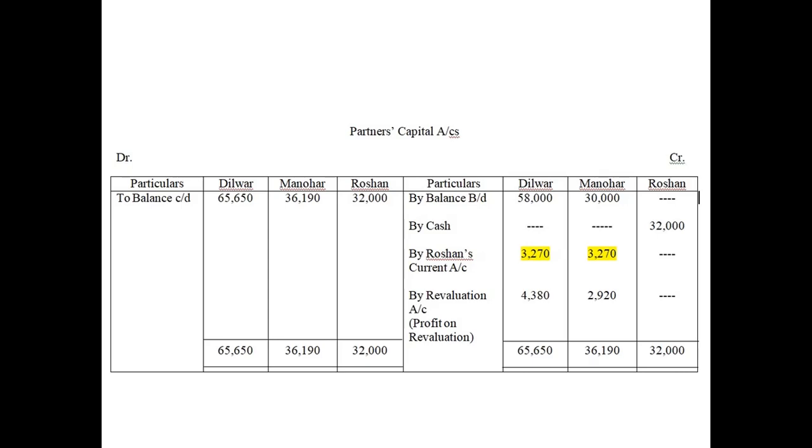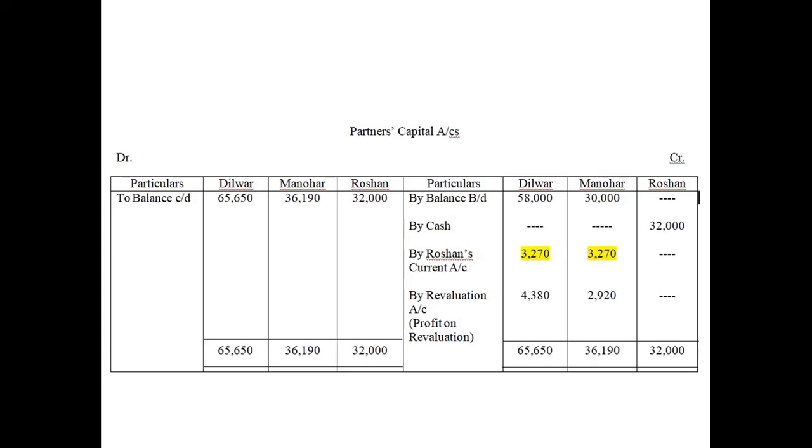I must tell you that there are 7 types of cases in partnership accounting, particularly in case of admission. I'll be sending you a PDF on what types of cases there are. So 7 cases are there, and this is one of them: hidden goodwill. So we have to do the adjustment for that. Let us continue with the partners' capital account.